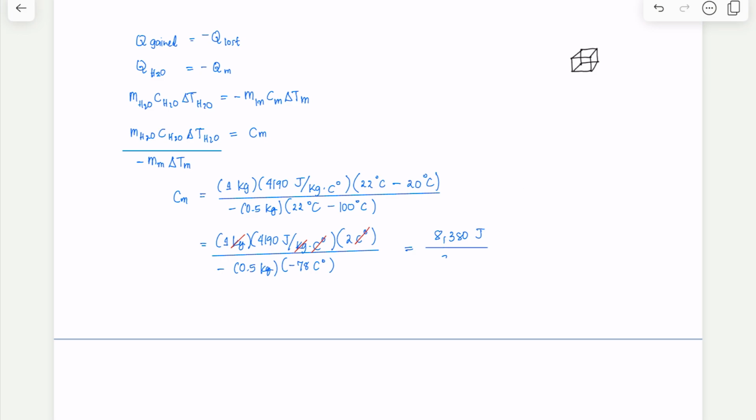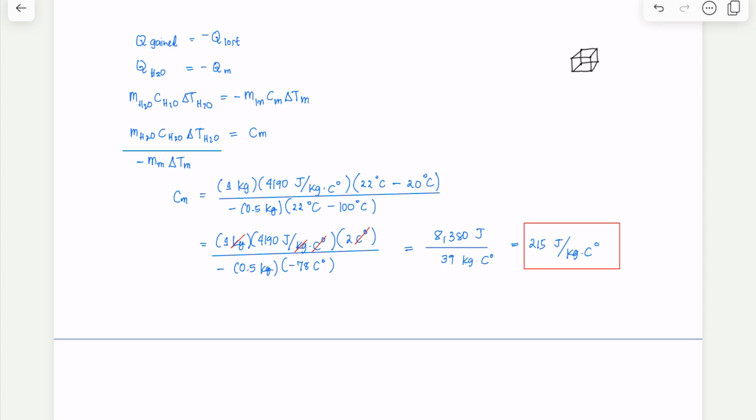So that's 39. Take note that it will become positive now because we have negative times negative. So 39 kilogram times Celsius degree. And if you see, the units are right. These are the specific units for specific heat capacity C. So when you further calculate that one, you'll get a value of C that is approximately 215 joules per kilogram Celsius degree. So this is the specific heat capacity